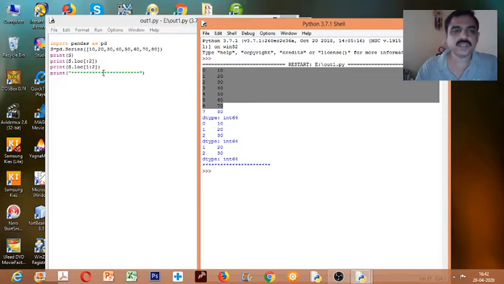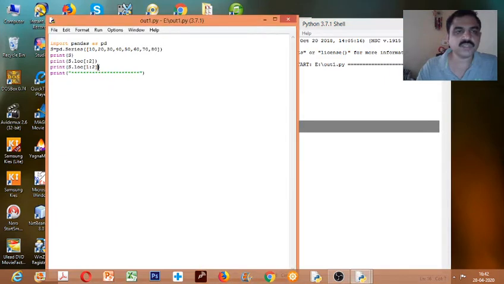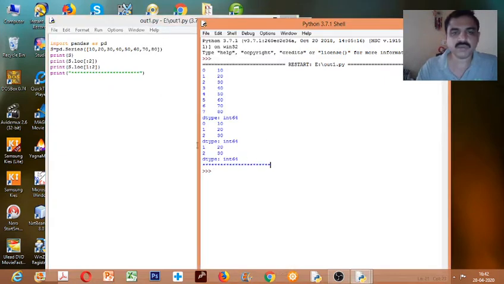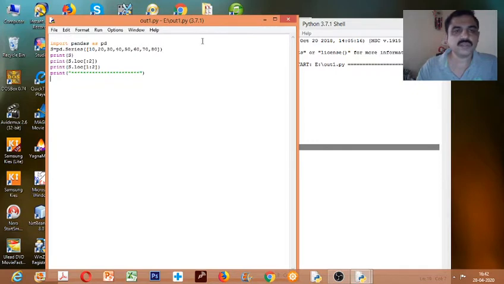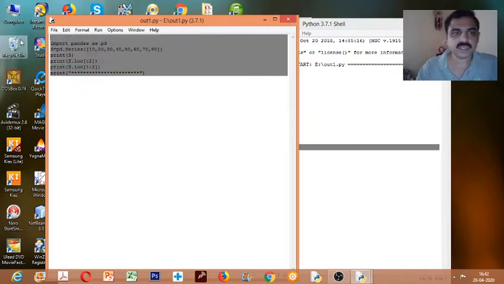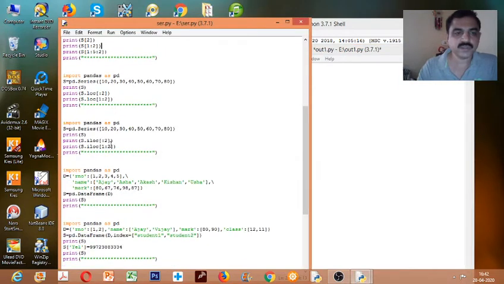Next we displayed colon 2, that means the starting index is from 0, by default it is 0, up to 2, so rows 0, 1, 2, 3 are displayed. Next, 1 colon 2 is written, that means starting from index 1 to 2. So this is how it is displayed. Clear?